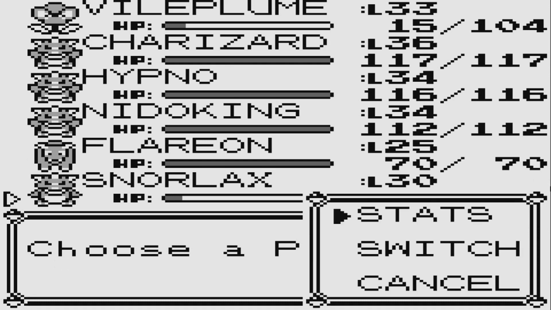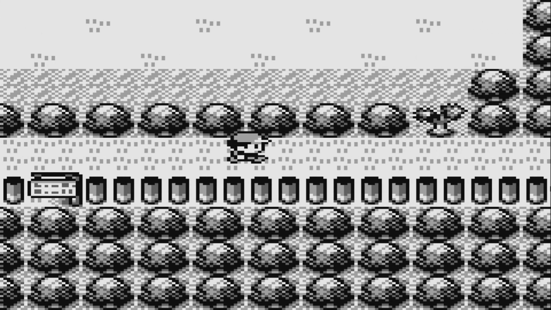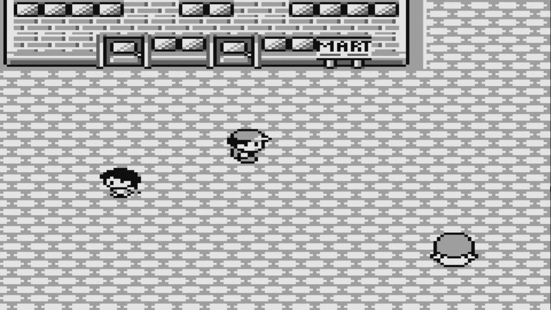With that, we caught ourselves our Snorlax. Look at those stats: 79 physical attack, 139 HP, Headbutt, Amnesia, and Rest. Pretty good. I regret using that Body Slam TM on Nidoking now because I thought Snorlax would immediately come with it, and I'm now a little sad. But I don't think that would